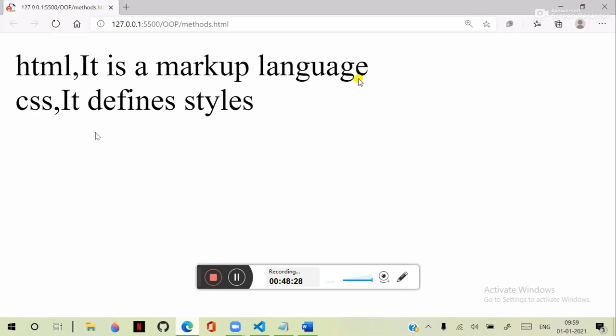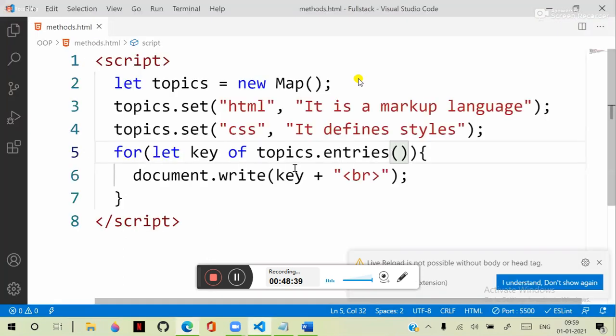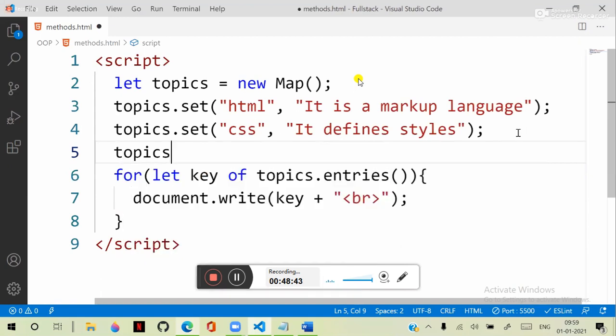Entries will read both keys and values. It is easy to collect both keys and values. If you want, you can remove any specific key. So for example, what you can do is topics.delete,